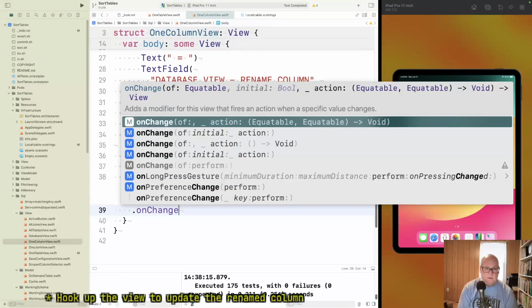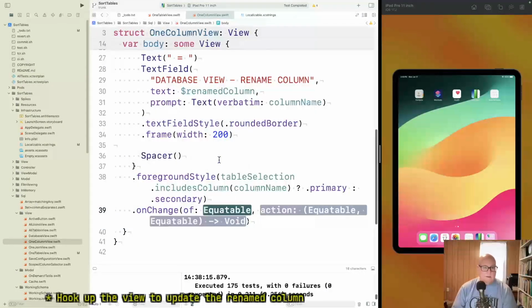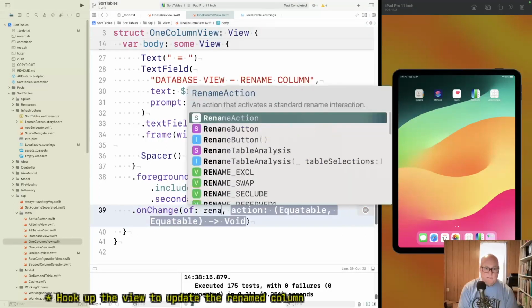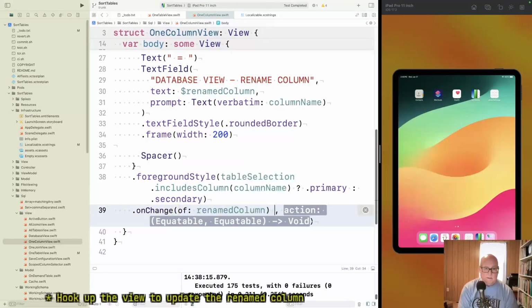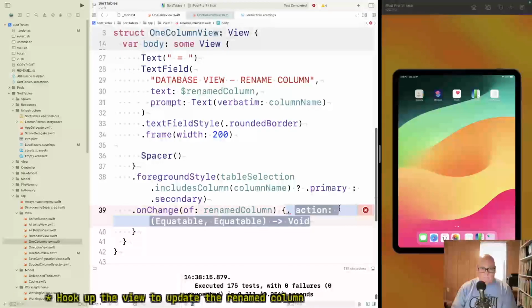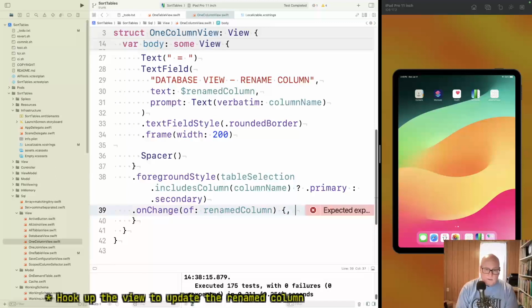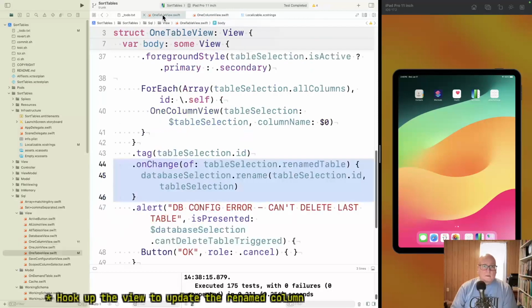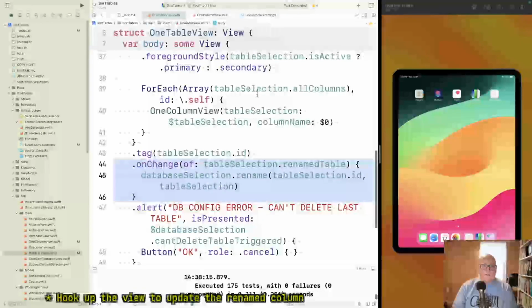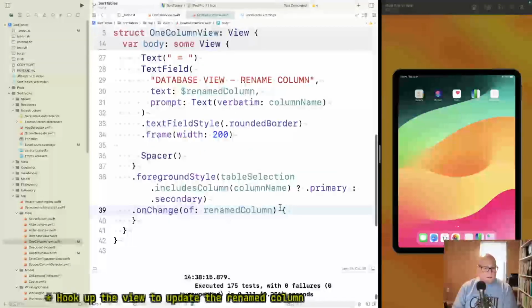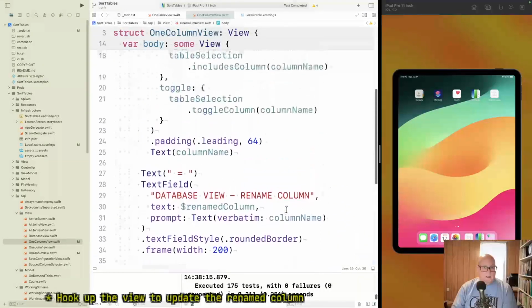On change of, this should be renamed column, and then this action equatable goes to void. I guess we're using the one that does nothing. Okay, so when you change this,